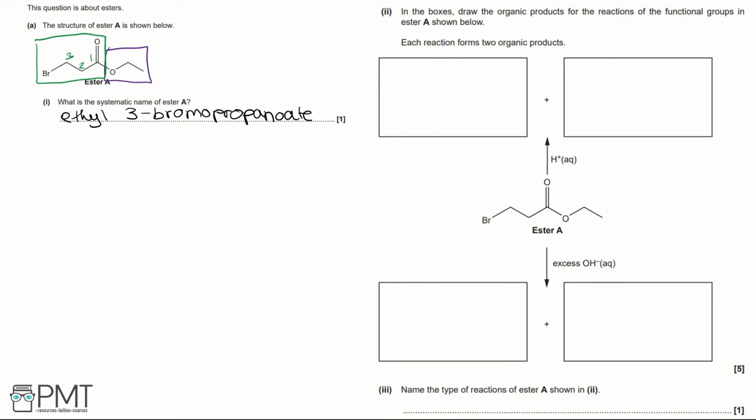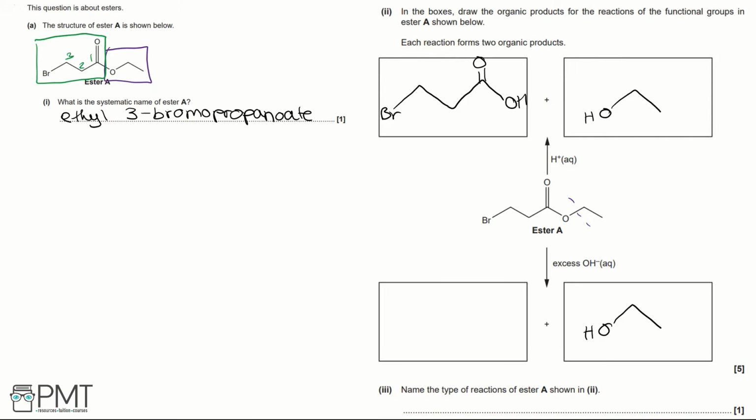So our carboxylic acid would be 3-bromopropanoic acid. So drawing this, we would have our carboxylic acid group and our bromine. Then our alcohol is ethanol, so we draw this skeletally with 2 carbons and our OH group. When reacting ester A with excess OH-, we are again going to form ethanol, and in order to do this we need to split our ester link. So splitting the ester link, we're then left with